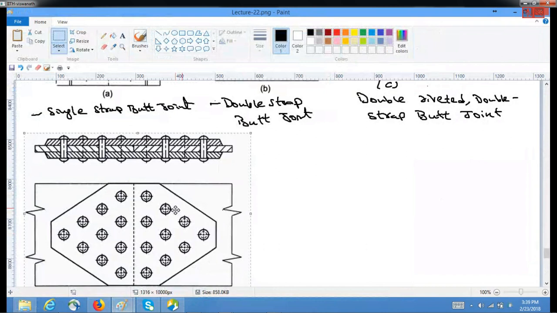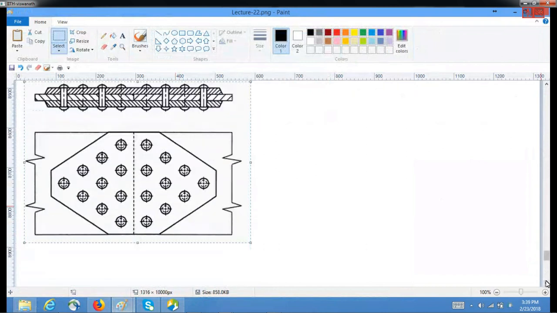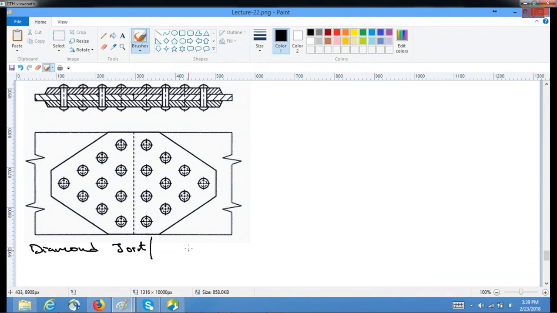This kind of a joint is called a diamond joint, because you can see the strap plates are cut in the form of a diamond. Also called as lozenge joint. And this is also the most economical joint,